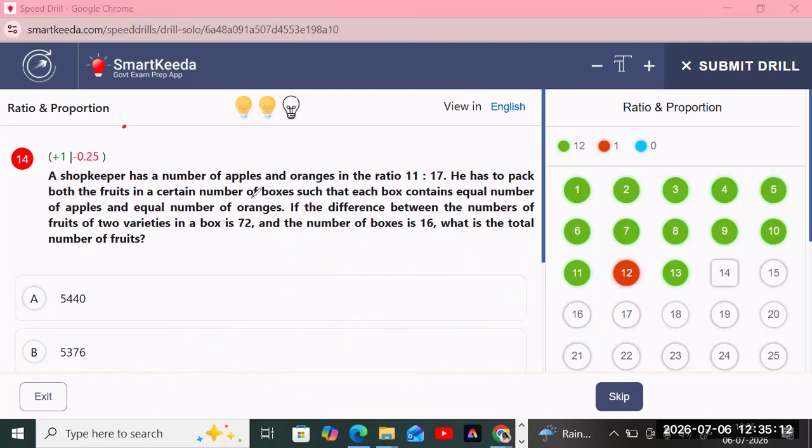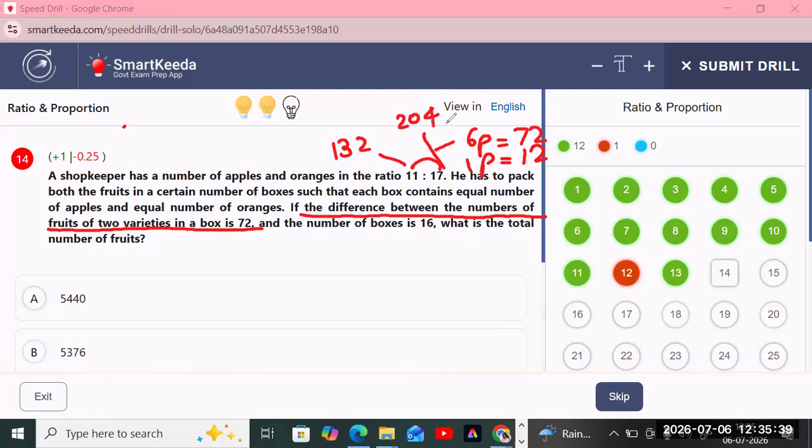Shopkeeper, he has to pick certain. If the difference between the number of fruits of two varieties in a box is 72. In this the difference is 72. The difference of 6 parts is 72, so 1 part is equal to 12. So this will be 132 apples, and this will be 204 apples. What is the total number of fruits in